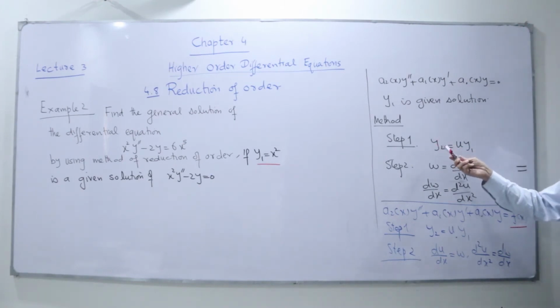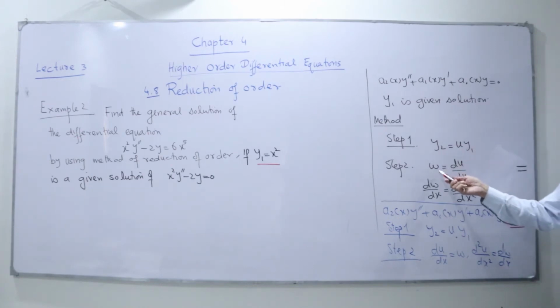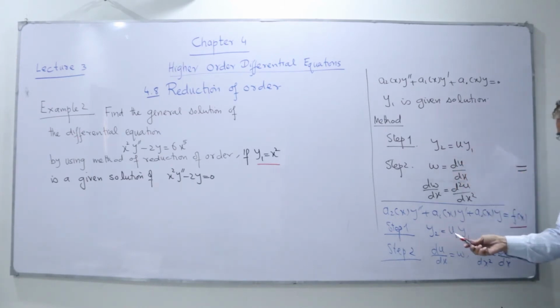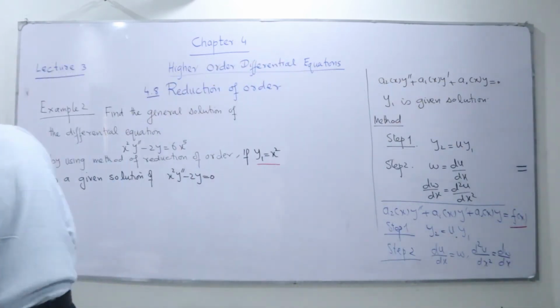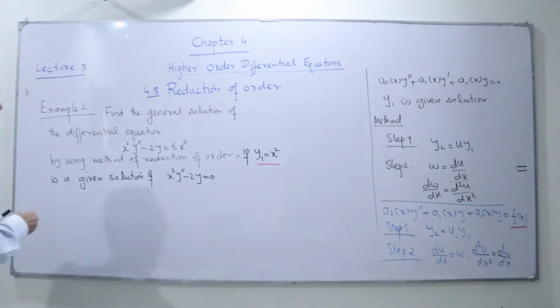Here, the first step: we take y2 equal to u times y1, and reduce it to a first order equation by substituting w equal to du by dx. Same as before, we take y equal to u y1, and then we take du by dx equal to w and d2u by dx squared equal to dw by dx, to reduce it to a first order differential equation, and then we solve it. Let's go ahead and see how we can find our solution. So first, we substitute. Our step 1 is